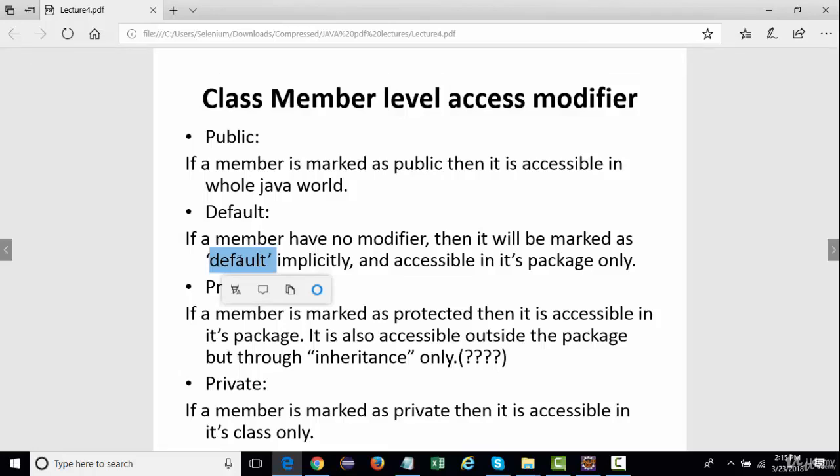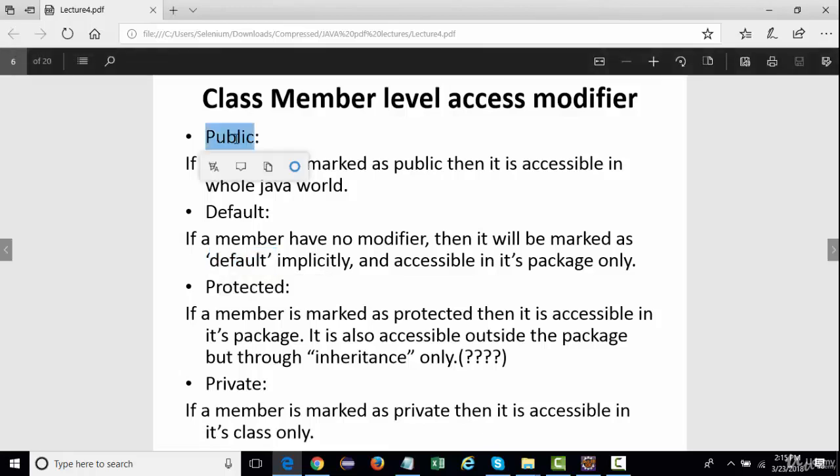You need not add the keyword default there. Java will implicitly take it as a default modifier, and then that member can be accessed within its own package only, not outside the package. Similarly, if it is public, it can be accessible throughout the Java world, in any class, in any package.